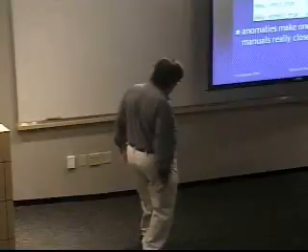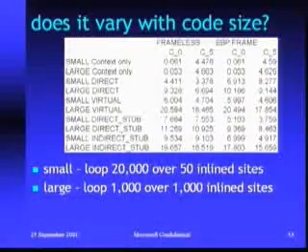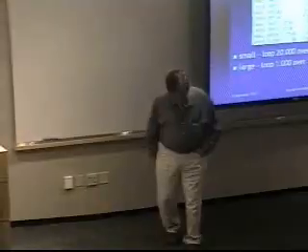And generally they don't look too bad, but that table, if you look at it closely, is still full of anomalies. Okay, that you can't quite explain. They're not terrible. So then, after reading the manuals closer, I said, what happens if I vary the code size? So here we have small is a loop of 20,000 around 50, large is 1,000 over 1,000. Both 1,000,000 calls. Loop overhead should be negligible. Everything should time the same. It doesn't. It varies up to a factor of